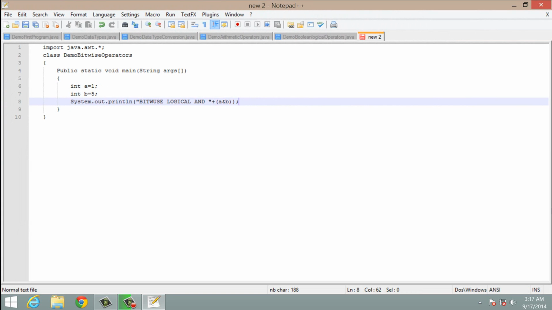First, the value of A will be converted into binary form and then the value of B will be converted in binary form. Now if we want to convert A, that is 1, into binary form, then we have to write 0 0 0 1, and if we want to convert B, that is 5, into binary form, then we have to write 0 1 0 1. Now we will perform AND operation between these two values.